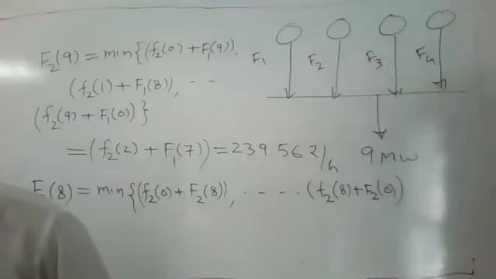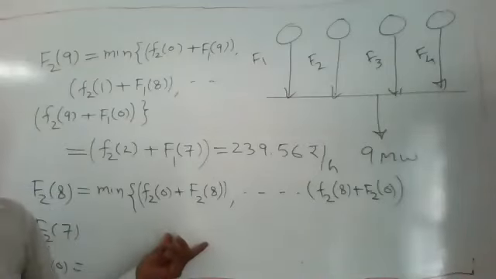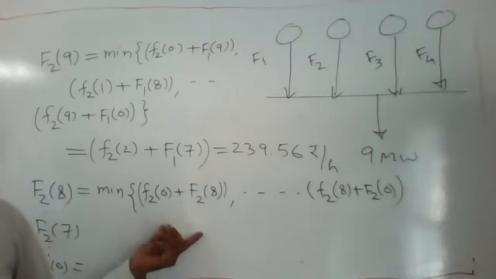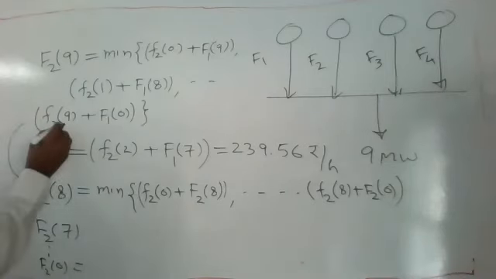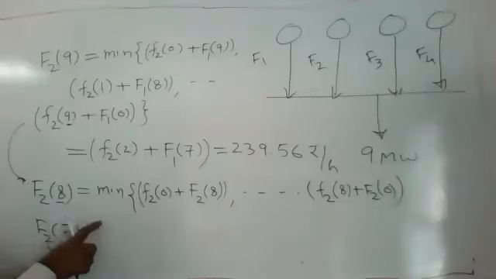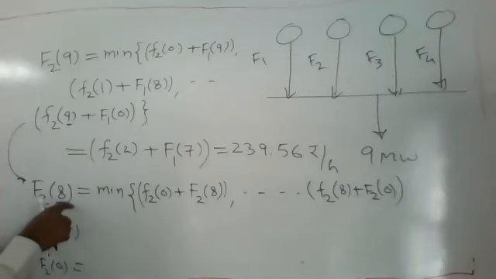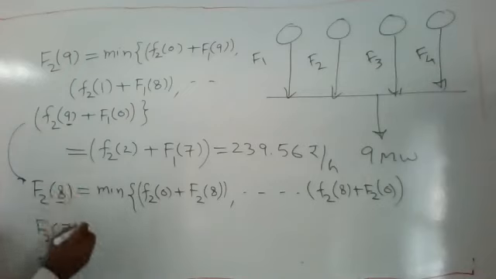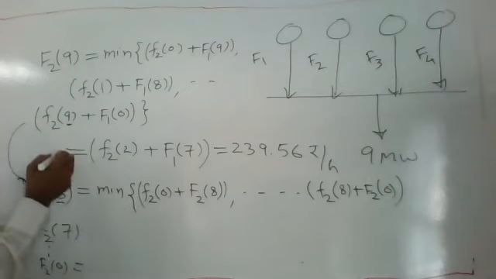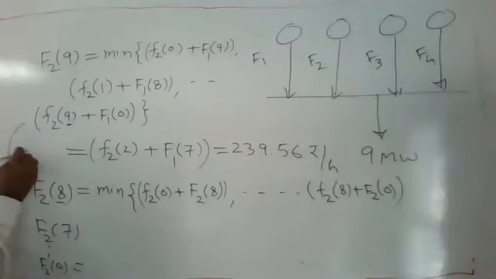If you want to increase the accuracy of this system, here I am considering an interval. You can see here there is a difference of 1. So this method is less accurate. If you want a more accurate solution, then you have to decrease the step size. I am here taking 9, then 8. You may consider a half step. In between, you have to consider another 8.5. Then you compute F2 8.5.